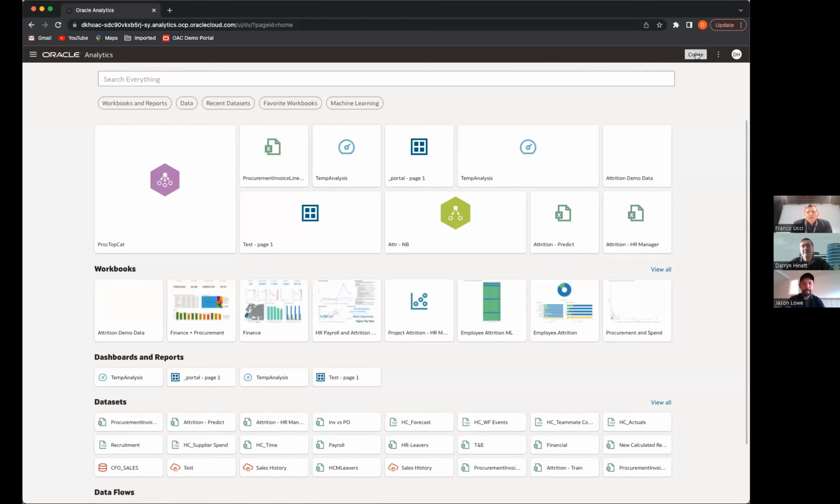So little button here, create, very simple. And you'll notice two things, data set and data flow. So I'm going to actually use data set here. Data set will just allow me to load that one single data set. Data flow is like a lightweight ETL process from an end user perspective. So the nice thing with data flow, if you wanted to, you could push it to things like autonomous